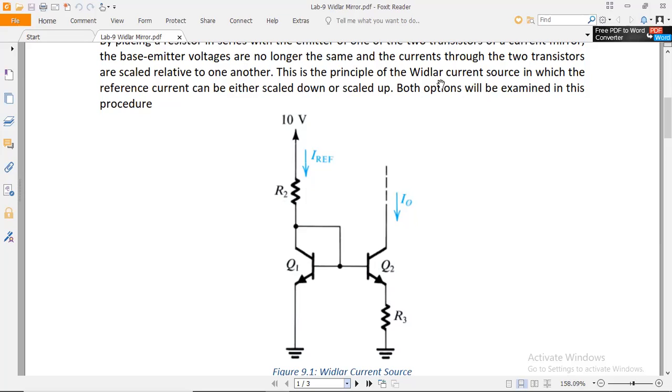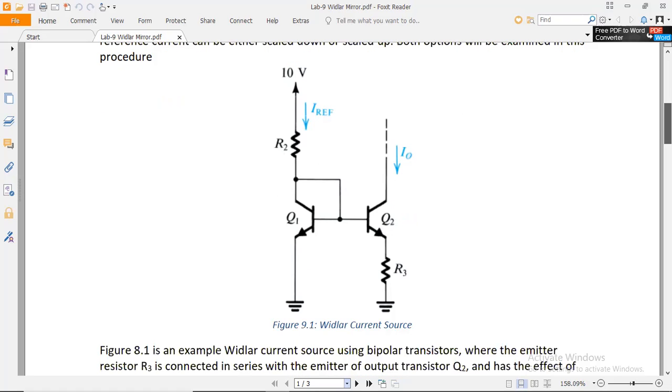This is the principle of Widlar current source in which the reference current can be either scaled down, meaning we provide the supply from this and the output current can be opposite in direction and scaled down, or scaled up. That means it can be scaled up and scaled down by the circuit. Both options will be examined in this procedure. The same scenario of the circuit I already incorporated in the simulation